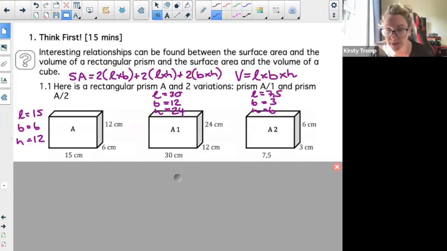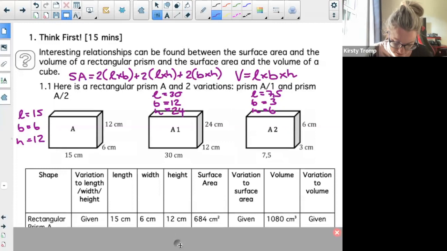So I'm hoping that by thinking first, you guys are understanding or seeing some kind of patterns going on here. Okay. All right, so